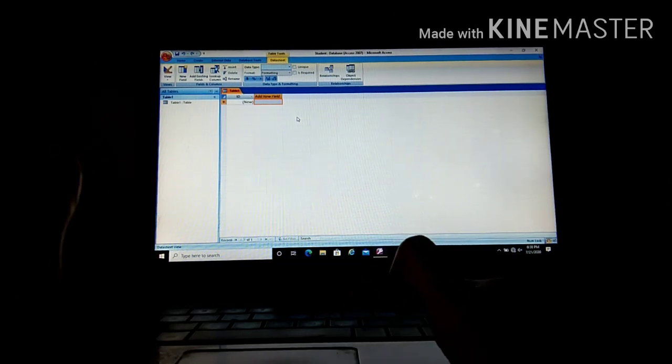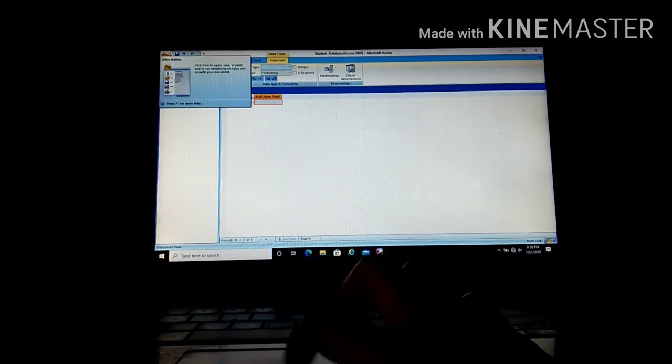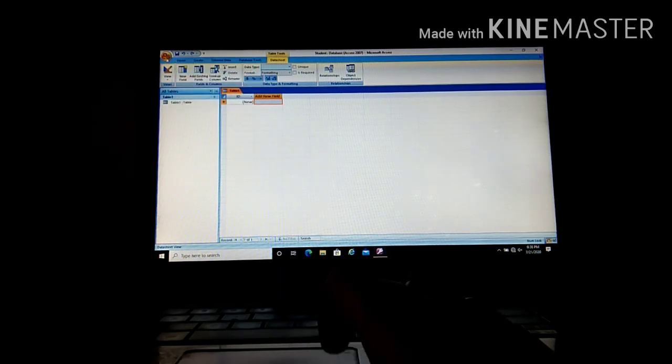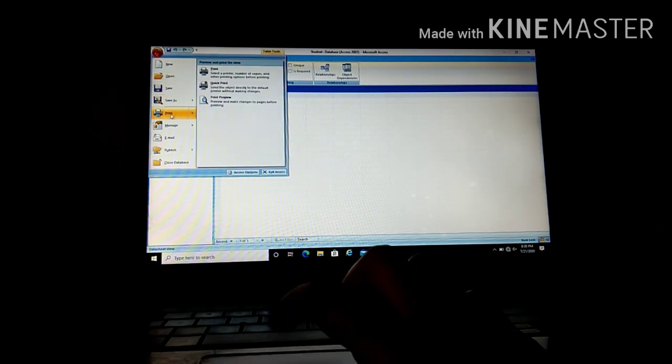Now we will see all the parts of your Access. The first is the Office button. This one is called the Office button. On clicking the Office button, a menu appears through which you can create a new file, open an existing file, save a file, or perform other tasks. Like this, when you click, all the options related to your Office will be displayed to you. Can you see this? New, Open, Save As, Print.